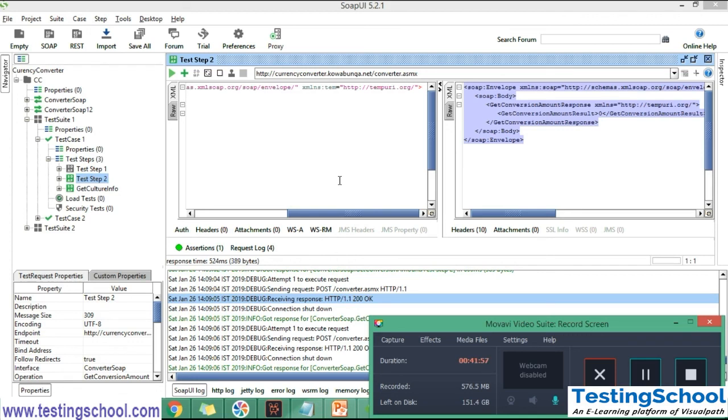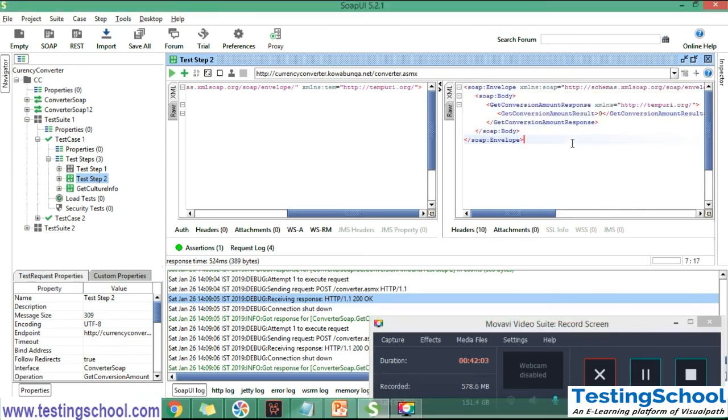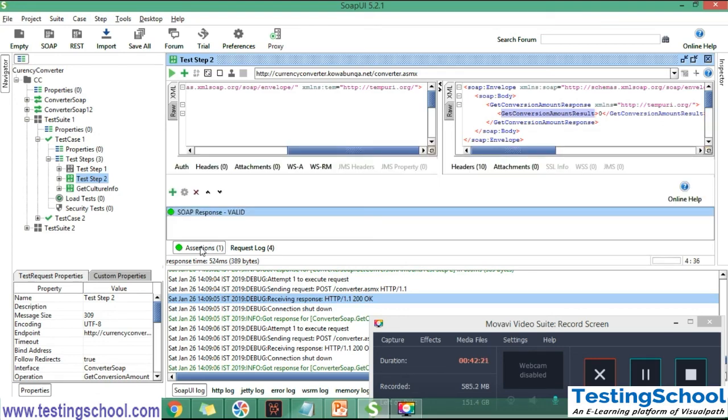We can search for it, create multiple test cases and get a valid response, not just one tag in the response. Based on the response we received, we have to validate. To validate the response we will use assertions. Assertions are nothing but checkpoints to validate the response.